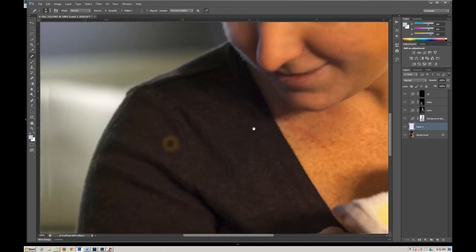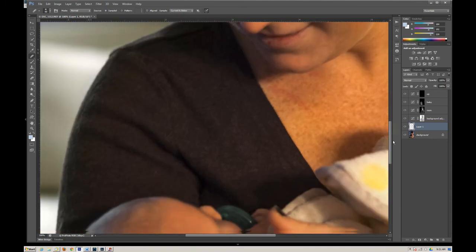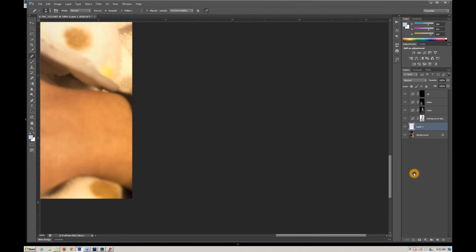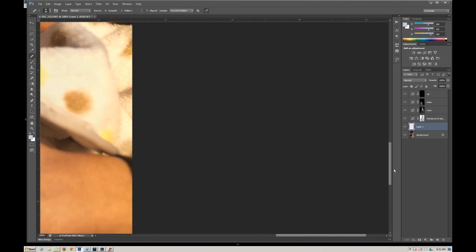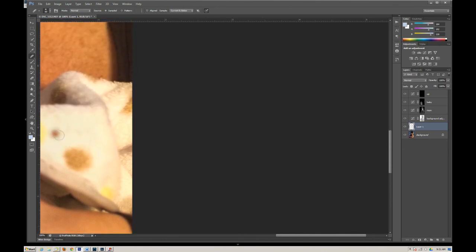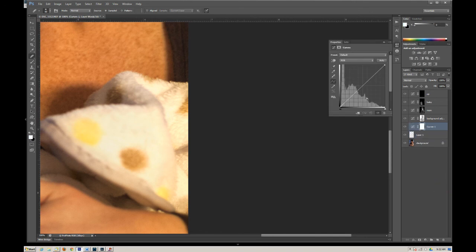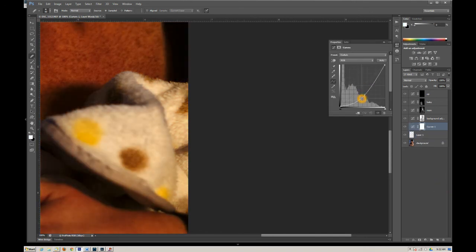So I think that looks pretty good. So we go back to the edge and then bring it down. If you did a Control or Command Page Down, it's going to move you over one full screen size over to the right, and if you did a Control Command Page Up, it would move you to the left. So you can see here I introduced a little bit of area where I've got overexposed. So what I would want to do here is, this is where I would use a down, bring this down to where I want it, and